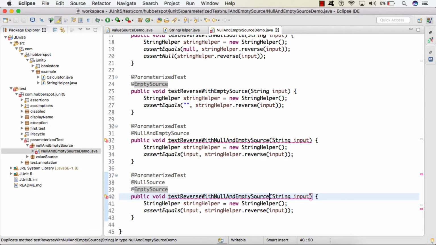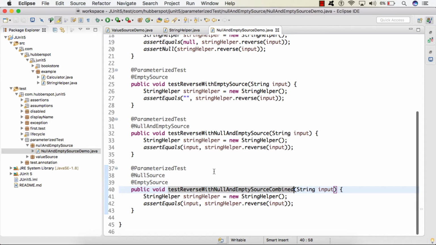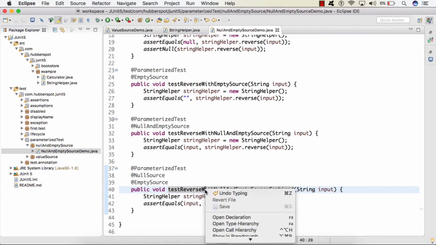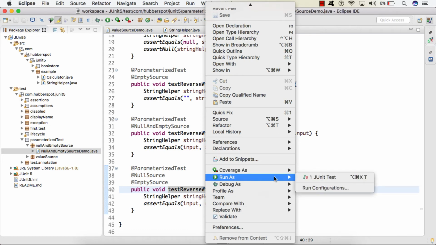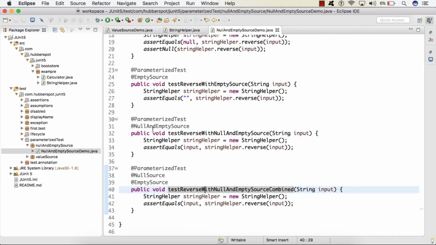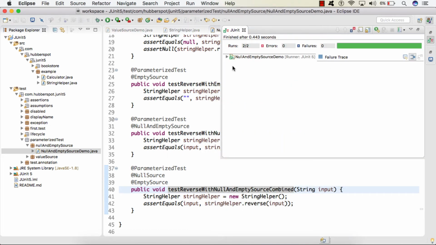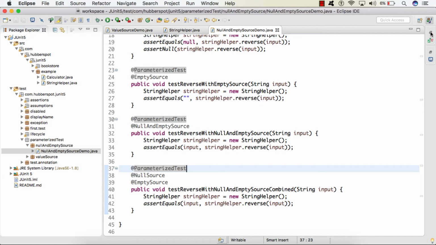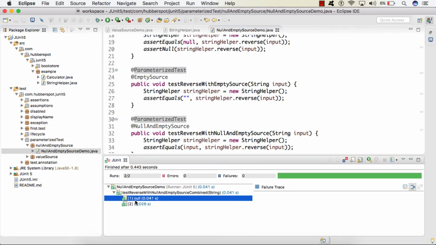So we'll give the name of the test method as test reverse with null and empty source combined. So if I run the test case now, we'll get the same output what we saw here. So here you can see that this parameterized test ran twice, one with the null value and other with the